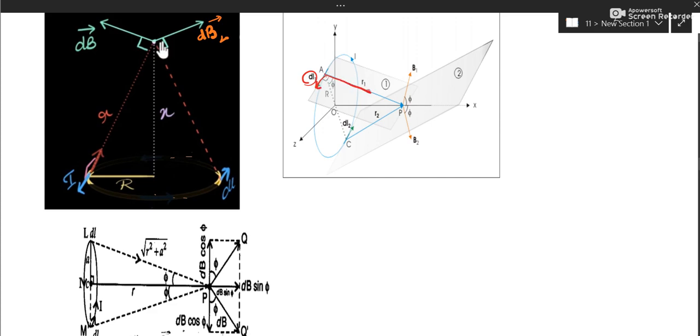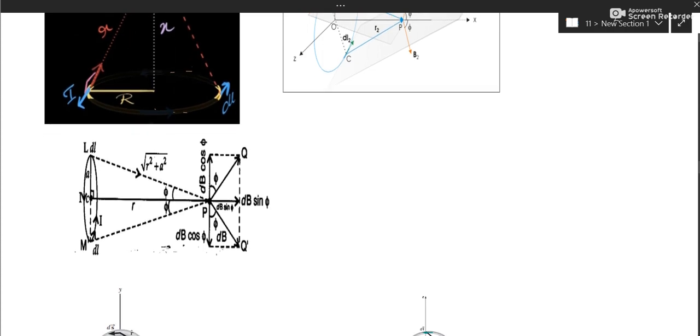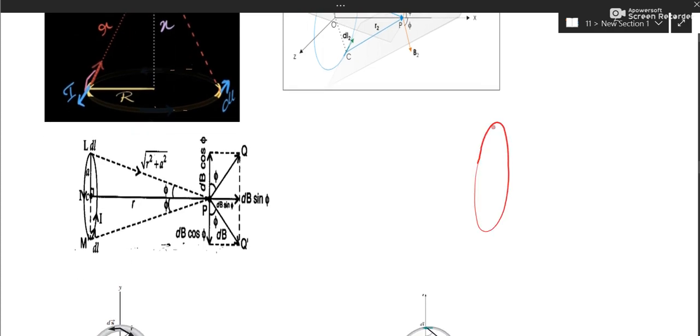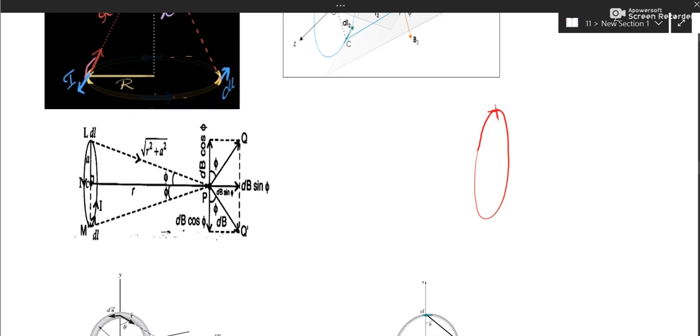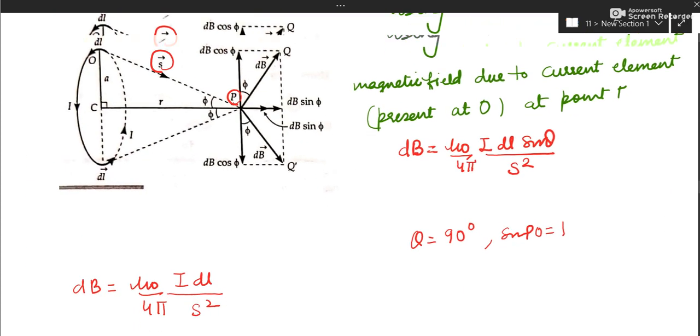And this is the point which I have taken as S. Also, it is visible here that the angle is 90 degrees. Otherwise, you can simply take a bangle and understand. If you take the bangle and keep any two lines here, the angle will be 90 degrees. So that angle is 90 degrees.